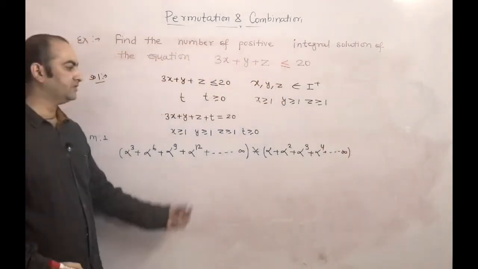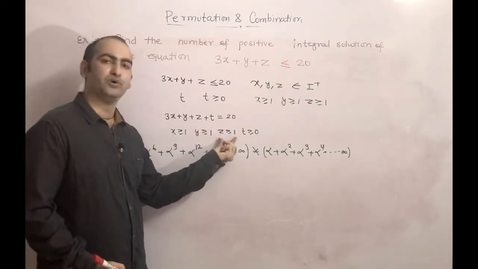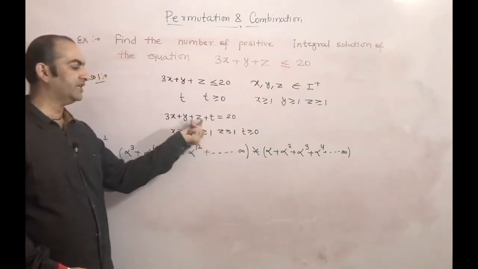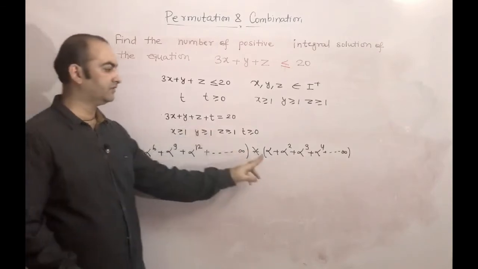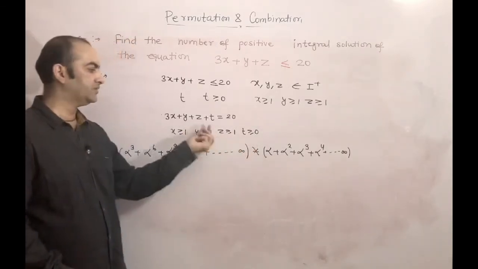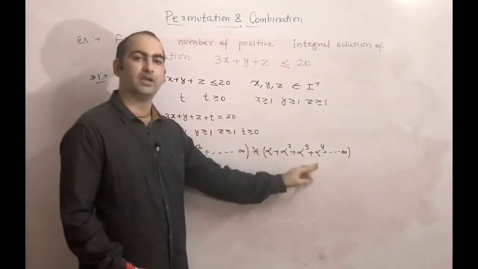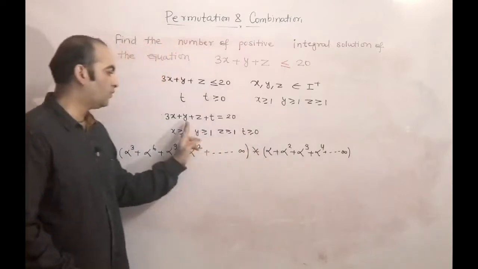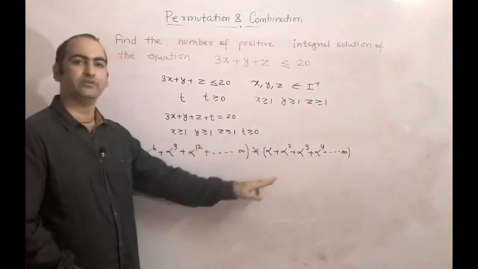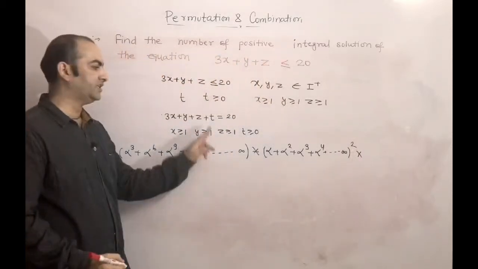The next term is z. Z is also greater than or equal to 1 and a positive integer. If you put z equal to 1, we get alpha, which we write here. If z equal to 2, alpha square. If z equal to 3, alpha cube. If z equal to 4, alpha power 4. And like that this also continues. So y and z give the same terms, so we are taking the square, into. The next term is t, and t is what?